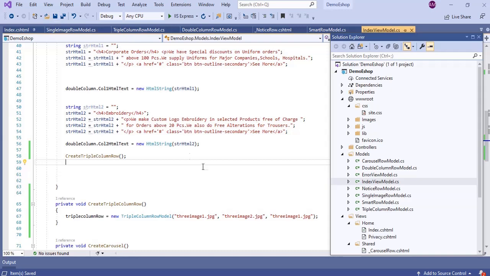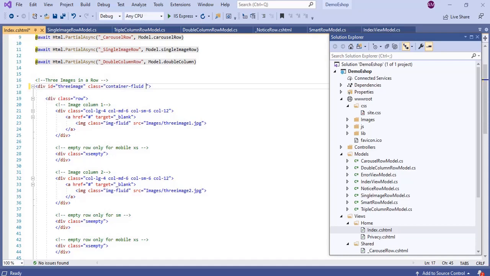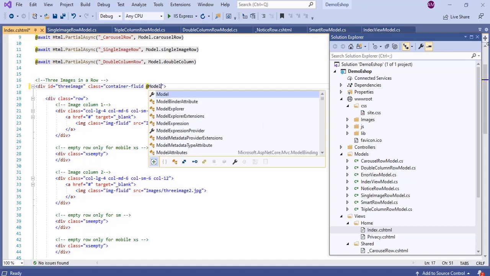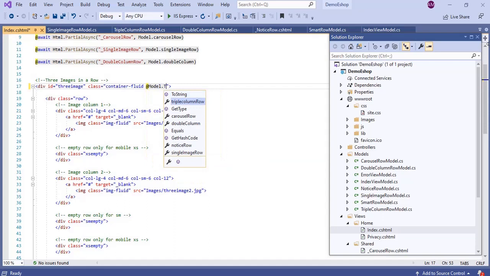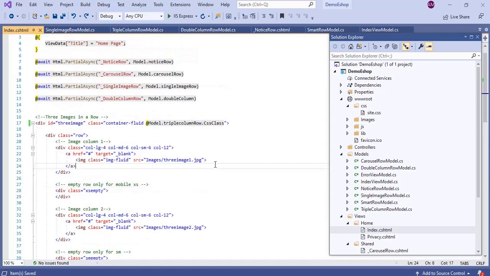Now we'll go back to the index.cshtml to make the changes. Let's add the model properties of the triple column row to our HTML. Okay, now we added the CSS class to the parent div, and then we will add the Image1 property from the model.